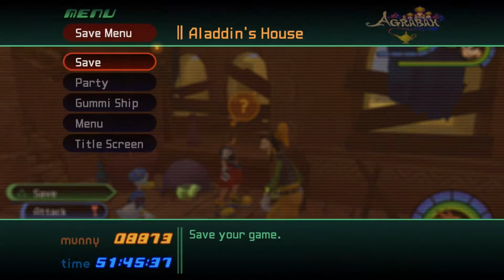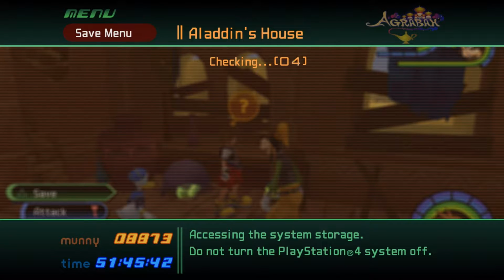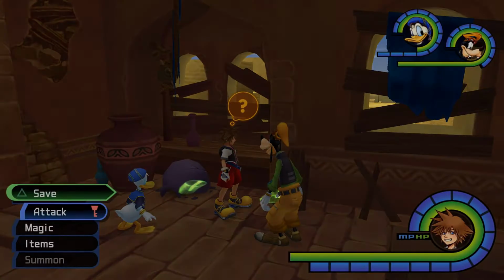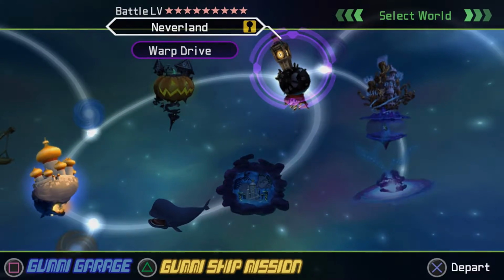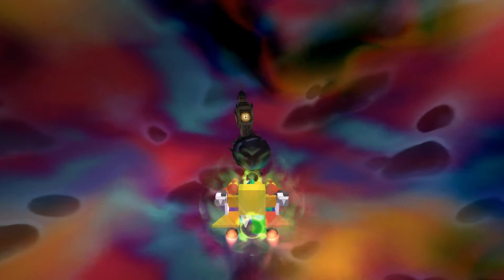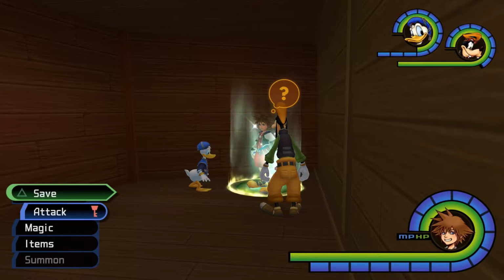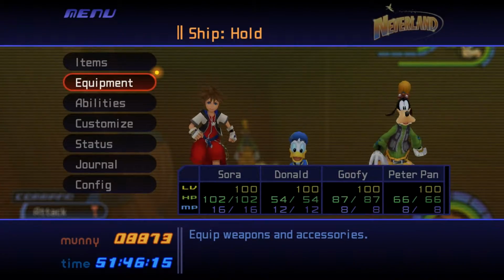Next, I'm going to make a save real quick, just because I'm not going to be great at this. I know that from the top of my head already. Next, we want to go to Neverland. And where do we want to go to? There's an area you want to... Oh, I think it's the ship's hold? I could be wrong on this, but I guess I can always come back. It might be the cabin. But in any case, what we want to do is...